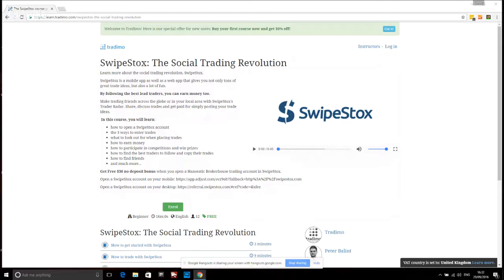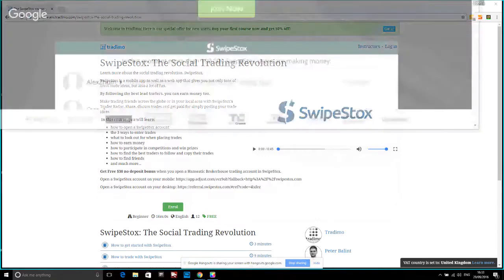If you're watching on YouTube and you're scrolling down in the description, you will be able to see a few links. At number 2, where it says "Be the best trader, open a SwipeStox account now," you will see 2 links. One of them is for desktop, and the other one is for mobile. If you're on a desktop, you need to click the desktop link, and if you're watching it on a mobile and you'd like to open an account via your mobile, you need to use the mobile link. But for the purposes of this demonstration, I'm just going to use a